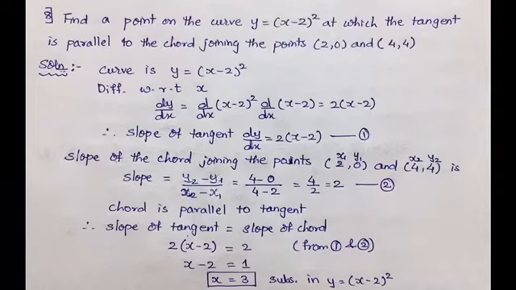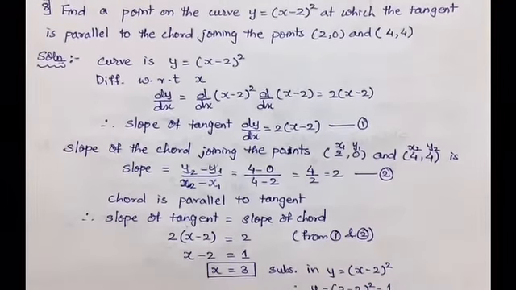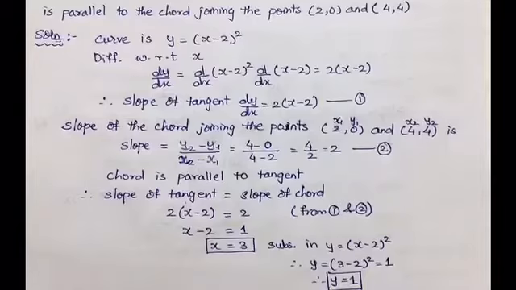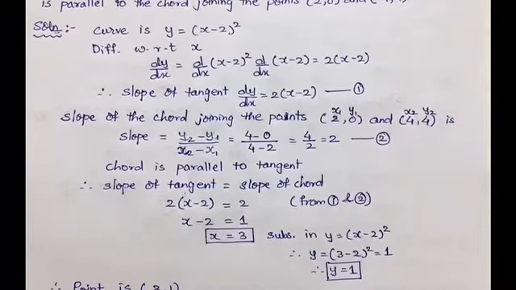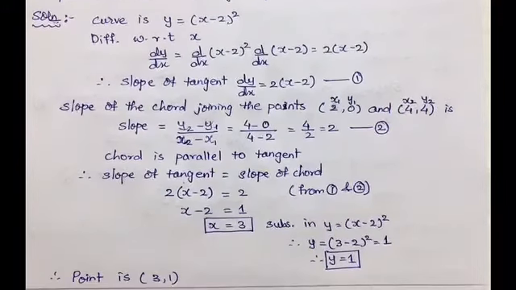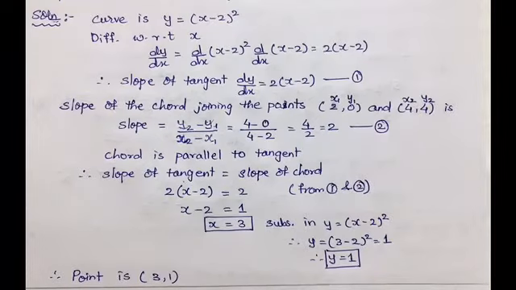Now if the value of x is 3, taking up the value of y, we get here the value of x equal to 3 being kept in the curve equation. So it becomes y equal to (3 minus 2) whole square, and 3 minus 2 is 1. So 1 square is 1. Hence the value of y we get is equal to 1. Therefore the point becomes (3, 1).